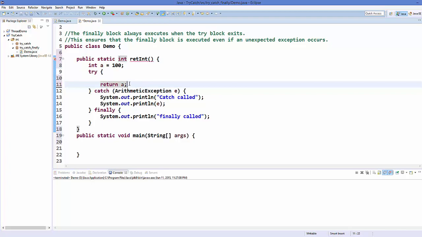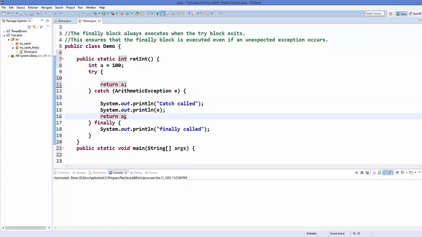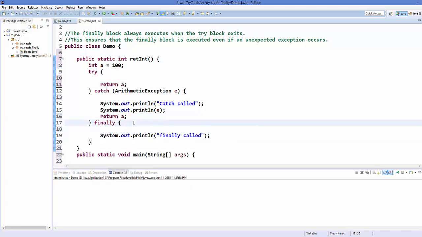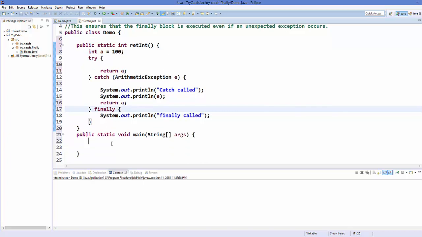And for example, it throws an exception and it goes here. I want to return a here also, and in here also I want to return a. So in the finally block I want to return a. This situation we will see later, but for now I want to do something like this. And in here I just want to call my system out, sys out, and in here I just want to call my return int method, inside this. So let's run the program and let's see what happens.